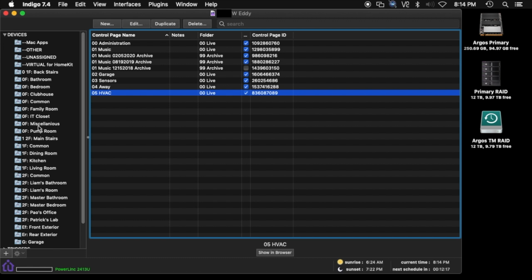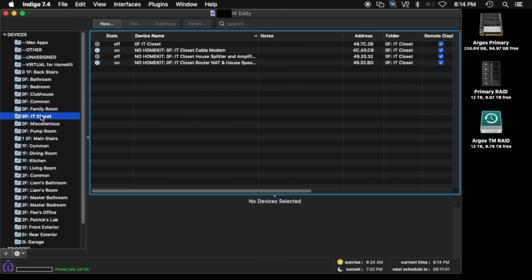I have this very meticulous organization by floor. 0 floor, of course, is basement. 1 to 2 is main stairs. 0 to 1 is back stairs, that kind of thing. And then 2nd floor, and then we have exterior front, exterior rear, and then garage. In each one are the devices. So if I look in the IT closet, which is where we were before,